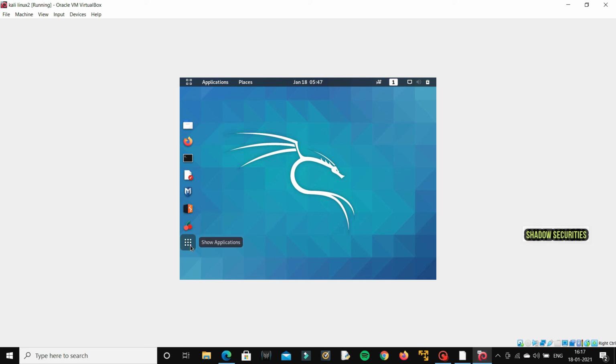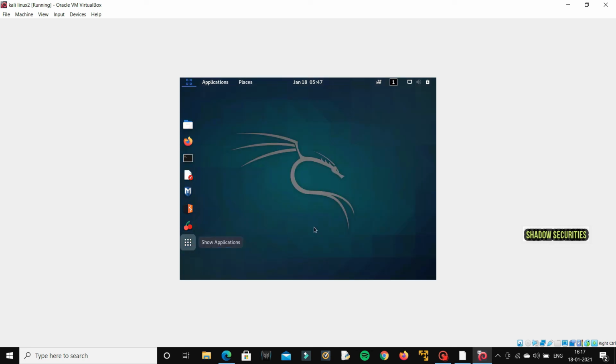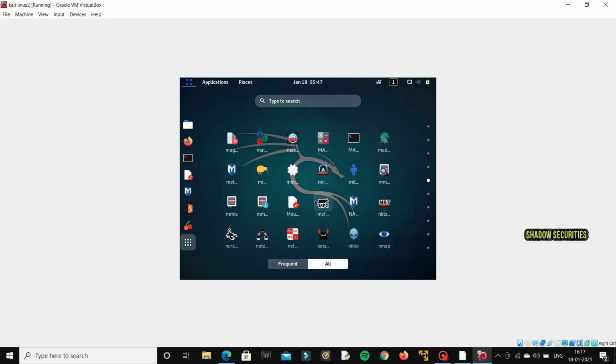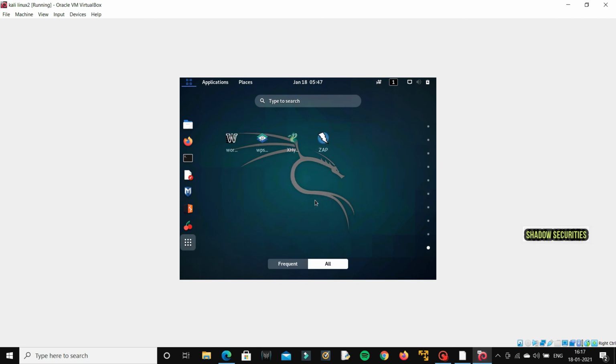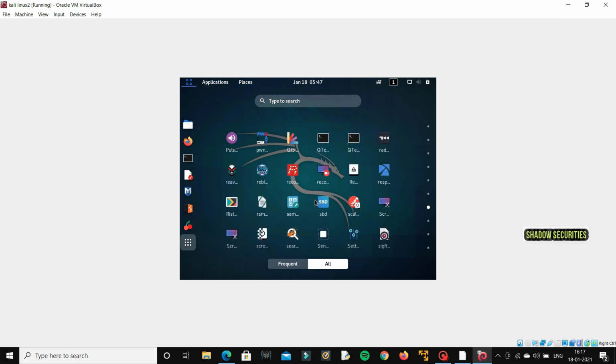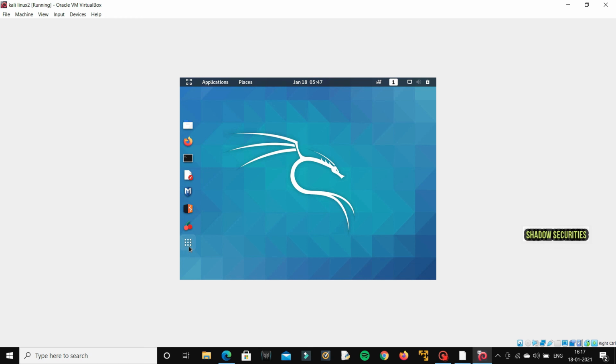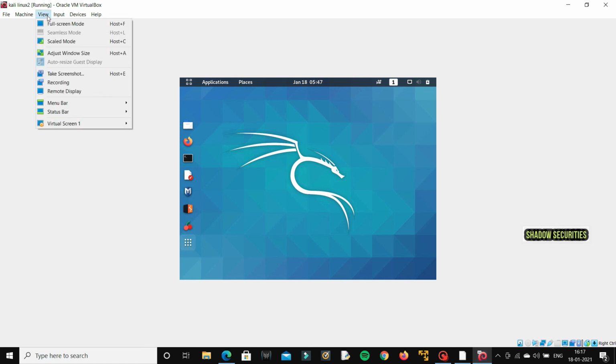First of all, you need to do one simple thing. Everything looks good but the display size, the screen size is very less, right? So I'll do one thing. I'll simply go to view option, and here I'll see auto resize guest display.